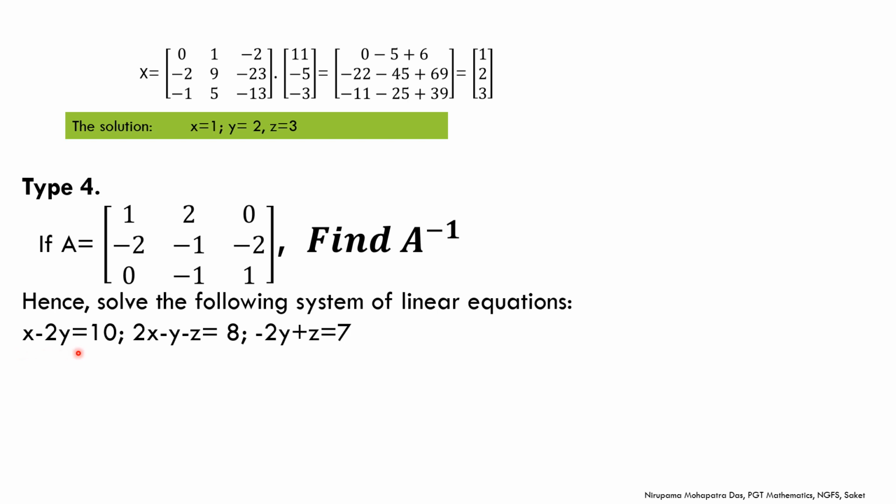Now 1, -2, 0 is in the first column here. Similarly 2, -1, -1 should be in the second row. Here you see 2, -1, -1 is in the second column. 0, -2, 1 should be in the third row, here it is the third column. So it means if you take A transpose, it will be the same as your coefficient matrix, or in other words we can write the system as A transpose into X equal to B.